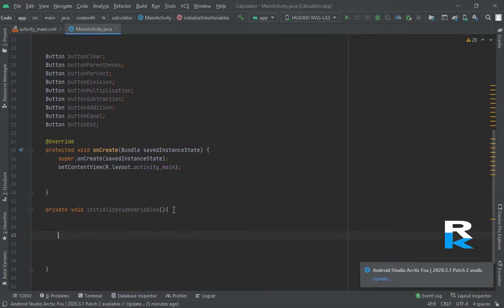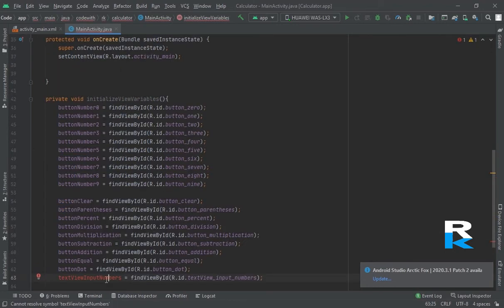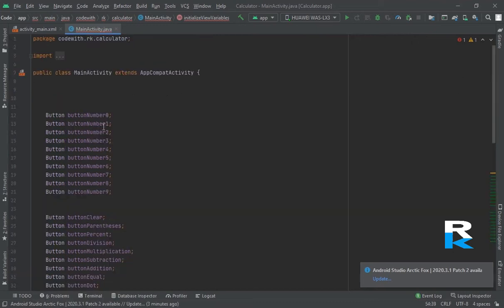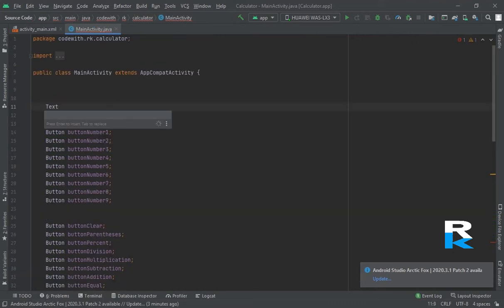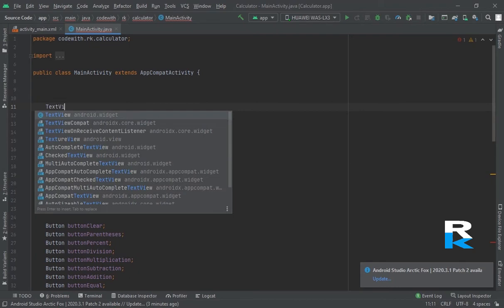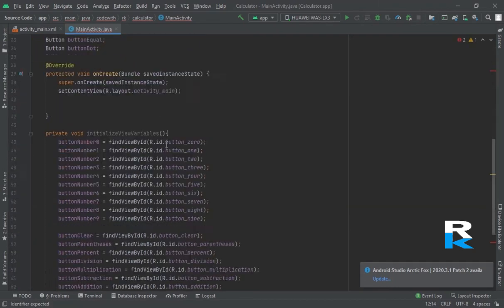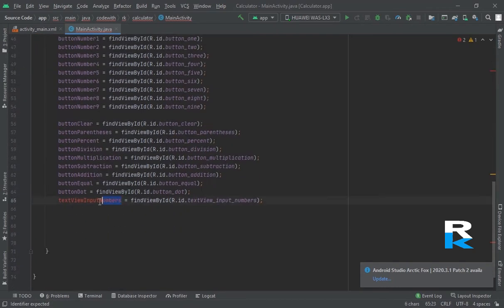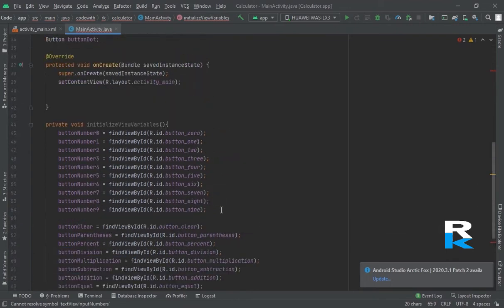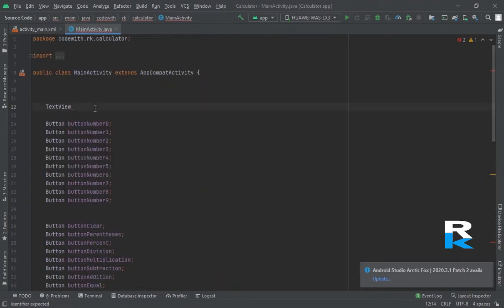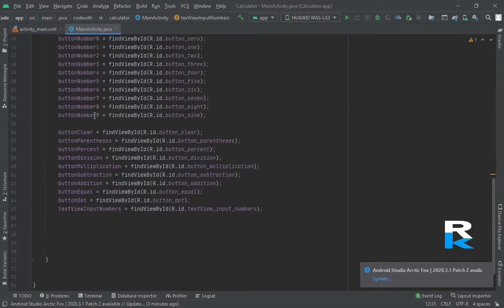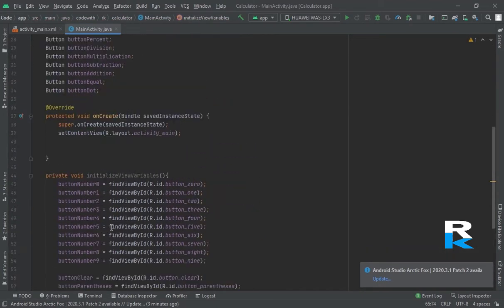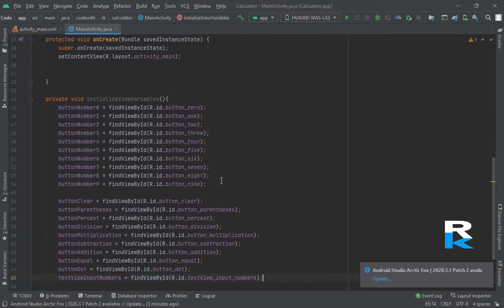I have not created a text view here. Text view. Fine. And copy this name and paste it here. Fine. It's done. Now every variable has been initialized.